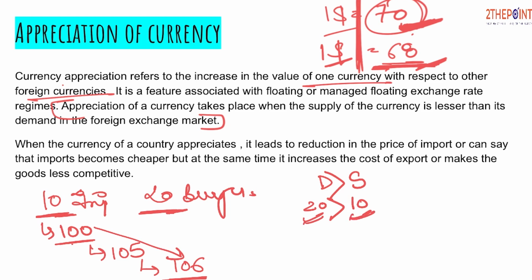So it has increased from 100 to 105 and 106, and gradually it keeps on increasing because of the difference in demand and supply. So what is happening is the value of the item is appreciating. The same happens in the foreign currency market. When the demand for the Indian rupee is more than the supply,